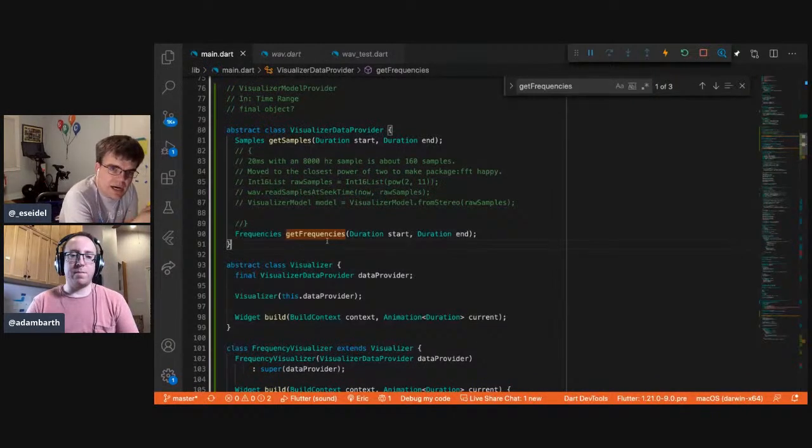How would individuals go about this? Say they want to actually try and add one. Do we need to move this into a different file? As an example, the data provider. We try to move the frequency visualizer into its own file, but the data provider is something that we implement that the visualizer itself doesn't implement. So what they would do is take our frequency provider as an example, copy it themselves, and then import that. I actually wonder if maybe that's what we should do to conclude the show, is to move it into a separate file so we can see it work.